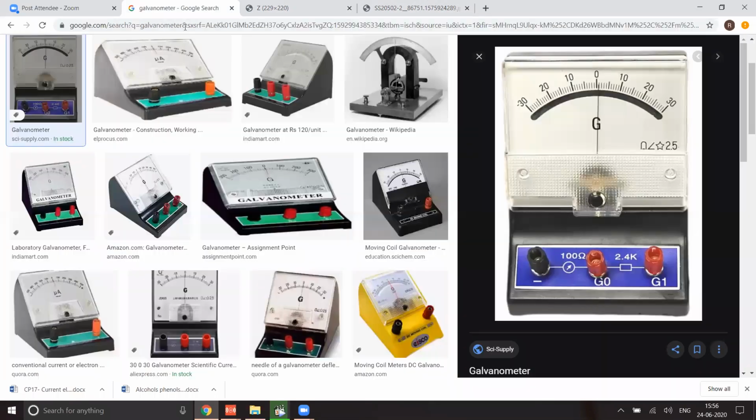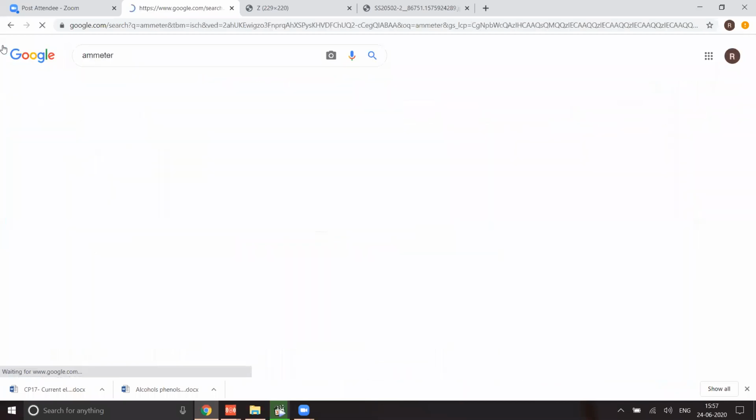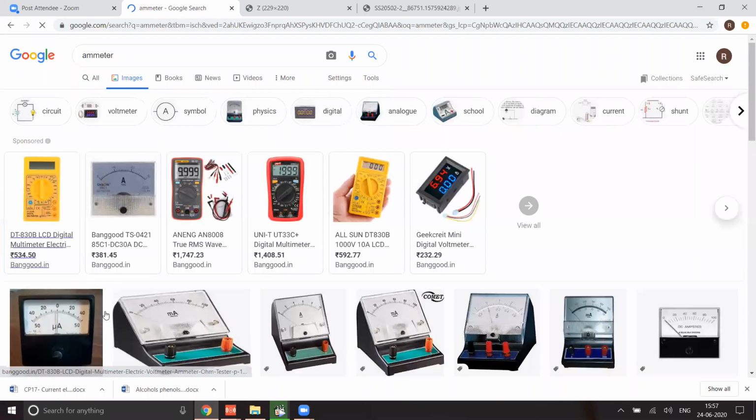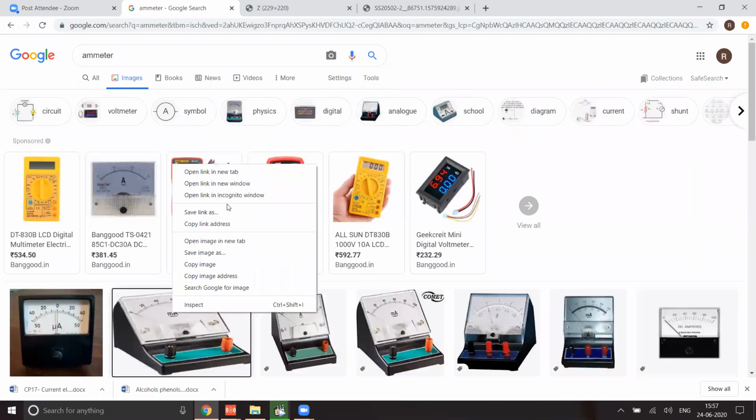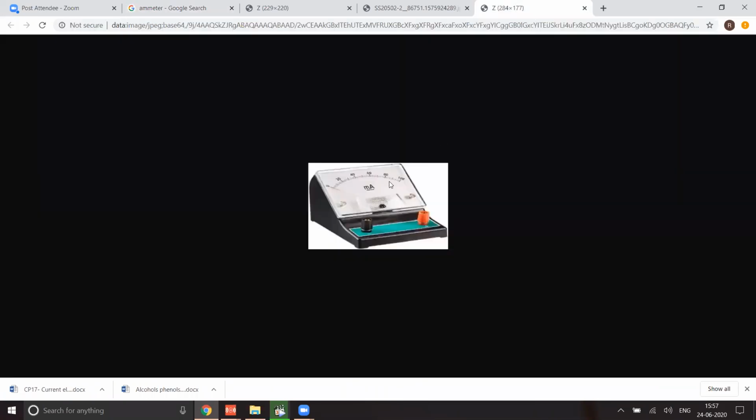Okay. Then how does an ammeter look like? Now you people have to tell me the difference. Okay, be very careful. Sir, for ammeter, the pointer will be towards the left. Yes. For the ammeter the value starts from 0. For the galvanometer, it will start from the middle. You are able to understand. So ammeter, the value starts from 0. Why is it so?